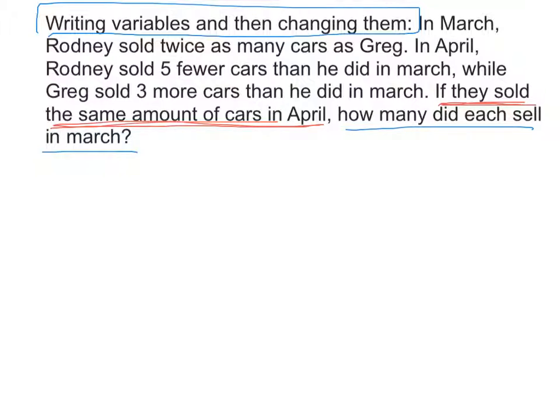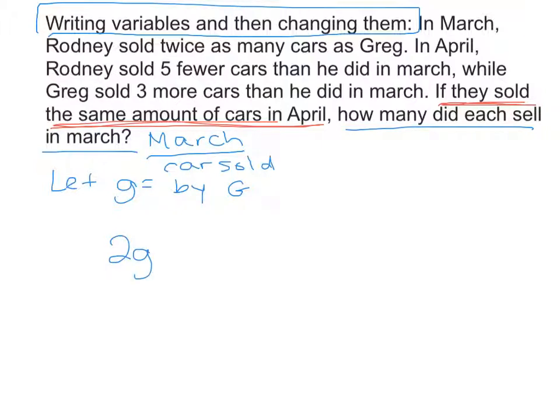All right, so I'm going to start by going to how many did each sell in March, because that's the question being asked, and I'm going to pick the one that sold least. So in March, Rodney sold twice as many as Greg, so I'm going to let G equal cars sold by Greg in March. Okay, so actually what I'm going to do is I'm going to put the word March up here. All right, so then Rodney sold twice as many, so 2G. Cars sold by